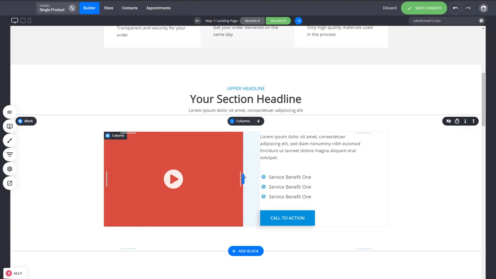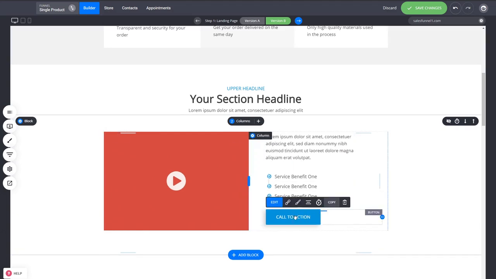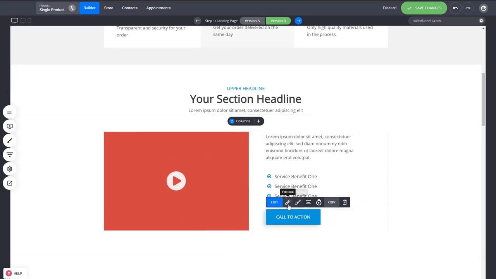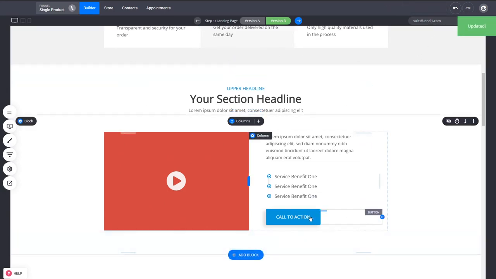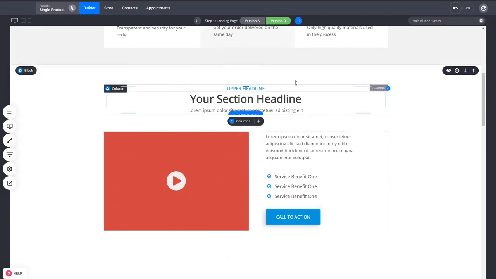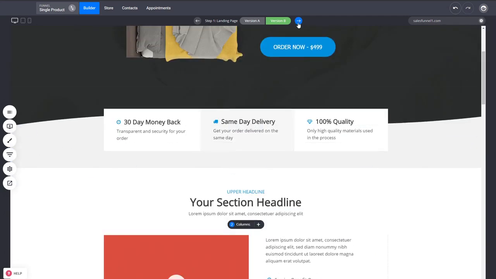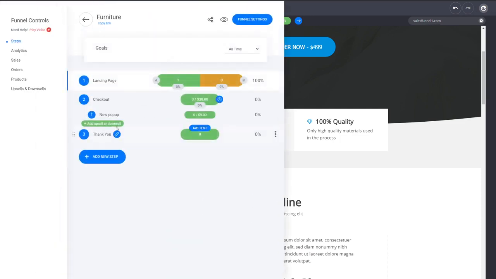You can change it, and this button, of course, you can just change to say, let's say, buy now again. And by default, all the buttons will go to the next step. So you don't even have to link the button anywhere. By default, it goes to the next step, which is the checkout. And you can access the checkout from the arrows again, or from the funnel, and actually see the checkout itself,